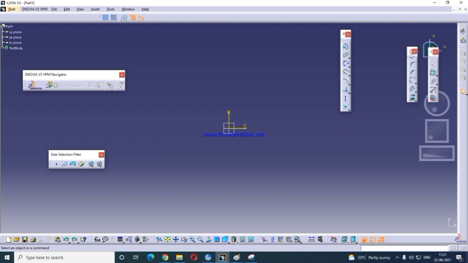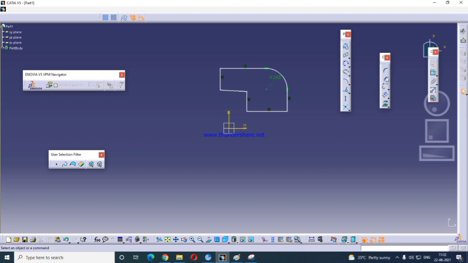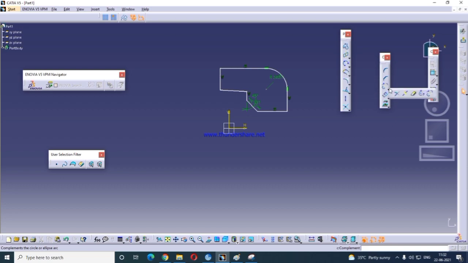This is the Operation tools. If you have any profile like this and you want any fillet or chamfer, we use this. Give the radius value. Chamfer is also the same. You give the chamfer dimensions and so on. This is the Trim option.